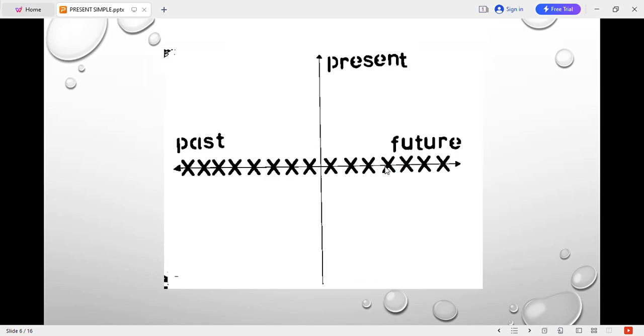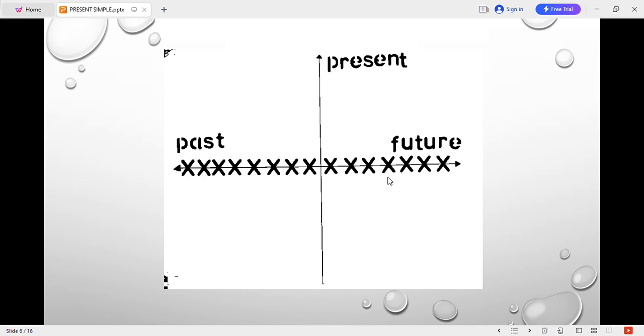And now this is the present area. I put a cross along this horizontal line. It means when we find the present tense, the activity can happen in the past time, and it can happen in the future. Along this line is present tense. For example,